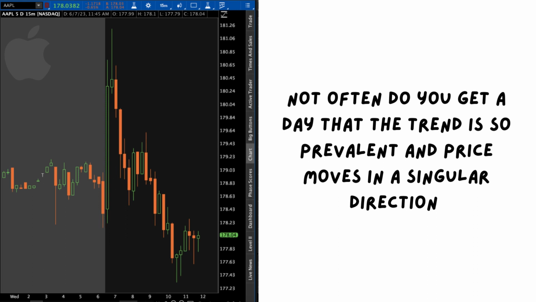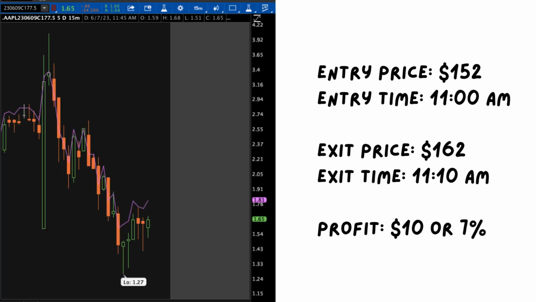one June 9th expiration call with a strike price of 177.50 for $152 per contract. I was able to catch the rebound, and this contract went up all the way to $174 per contract, but moved against me and triggered my stop loss at $162 for a $10 gain on this